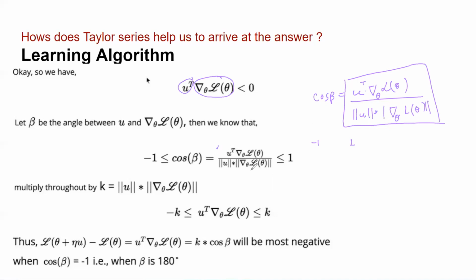This expression value should always lie between -1 and +1. Now I am multiplying k on both sides. So this 1 is multiplied by k, and this -1 is also multiplied by k. So the equation is reduced to this form. This denominator we can knock off, because we know that it will always be a positive value, so it will not impact the analysis. So we have just removed the denominator part.